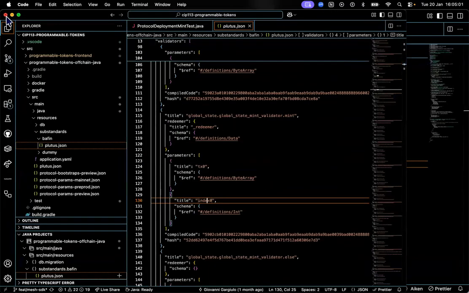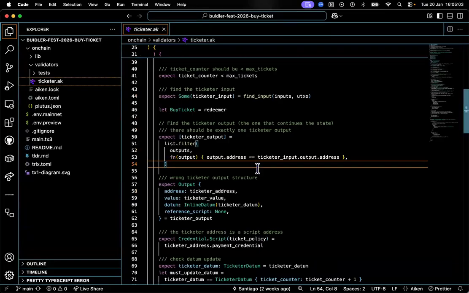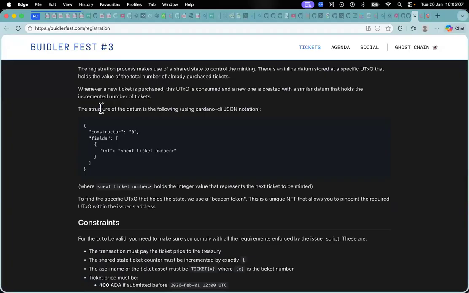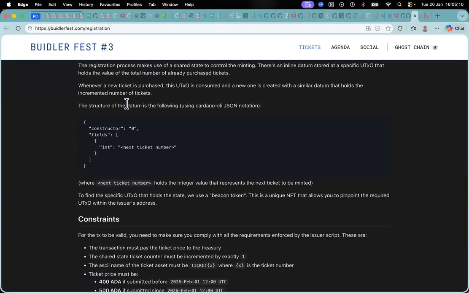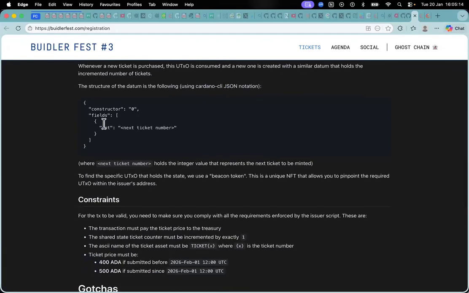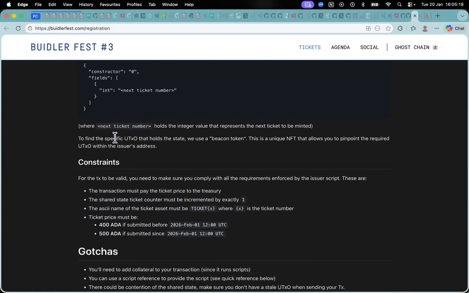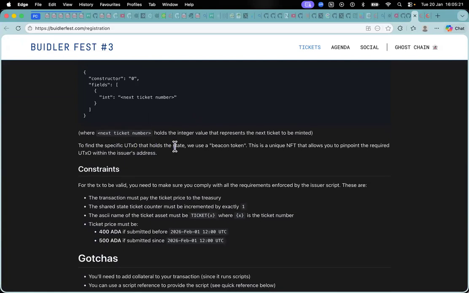I think a good place to start the transaction is to query the address for the correct UTXO. So the structure of the datum is the following, using the Cardano CLI JSON notation like this. To find the specific UTXO that holds the state, we use the beacon token.